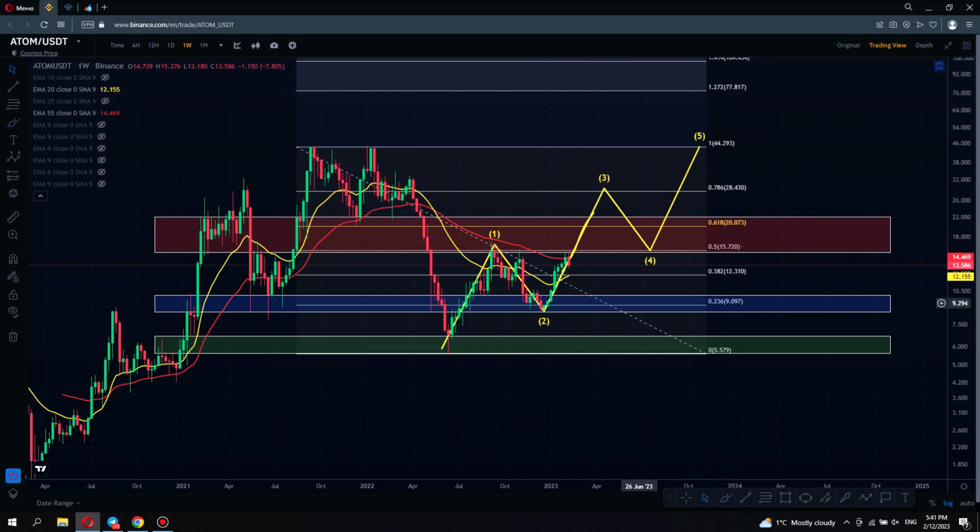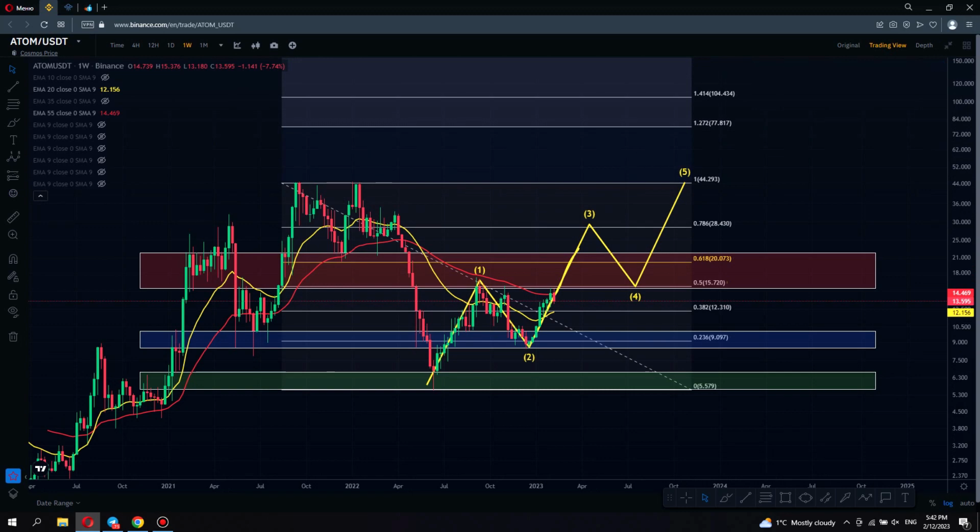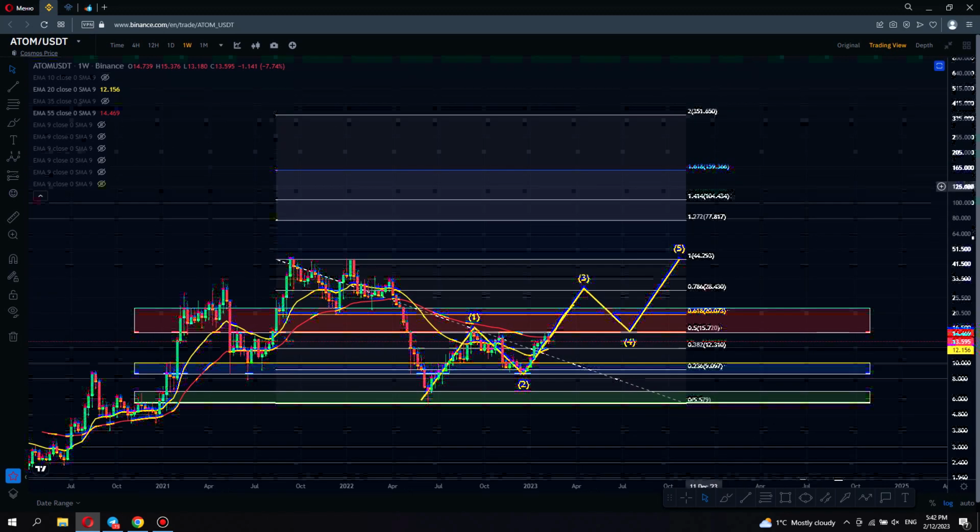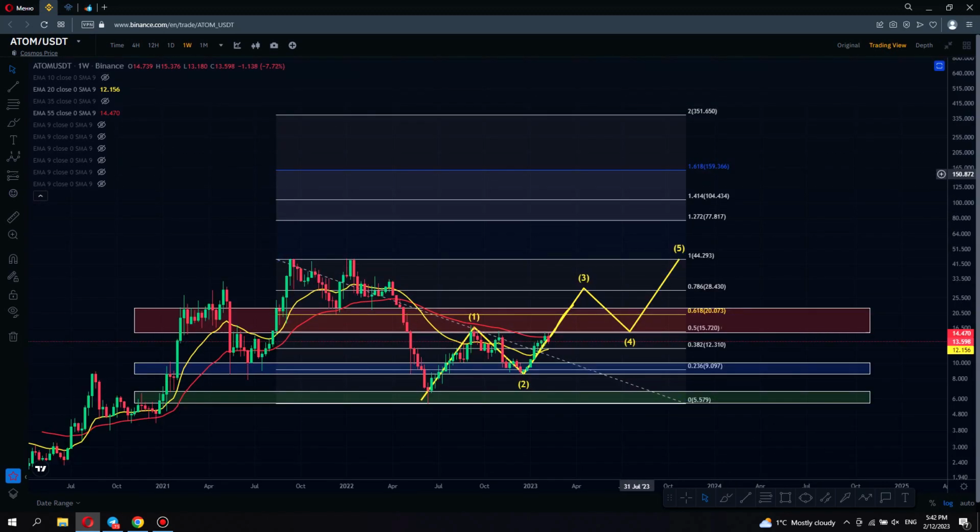So you can see that this is a healthy move that we're starting, a nice little bounce, higher low. The only issue is that we haven't broken above this September high. So once we do that, we are clear for continuation, and we need to break above the golden ratio as well. Now, taking a look at the long-term target here, we have the 1.618 set up at